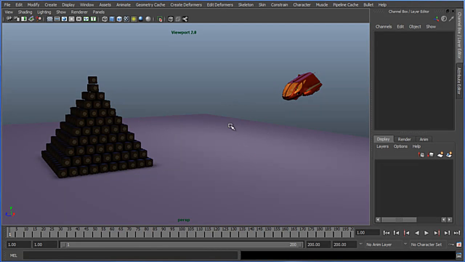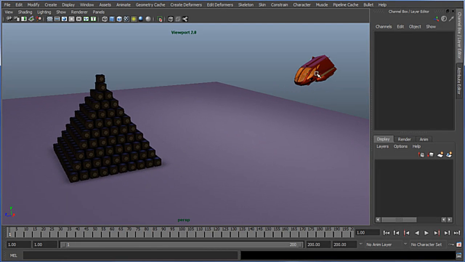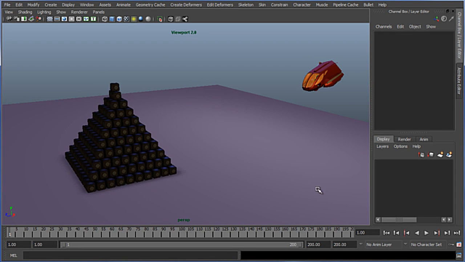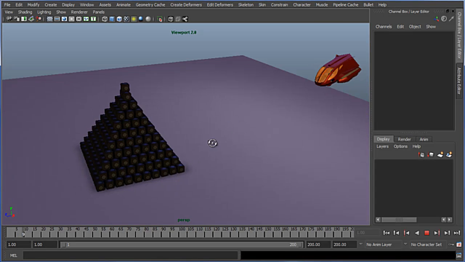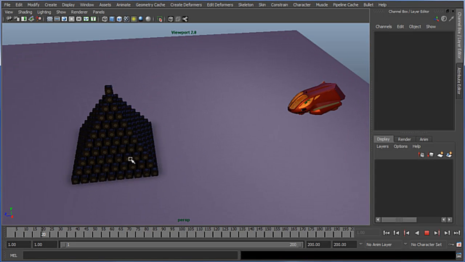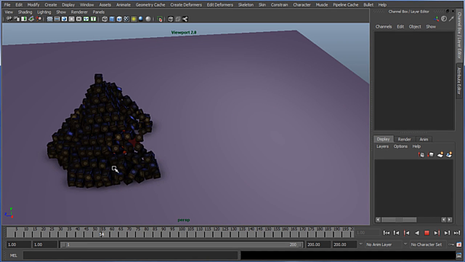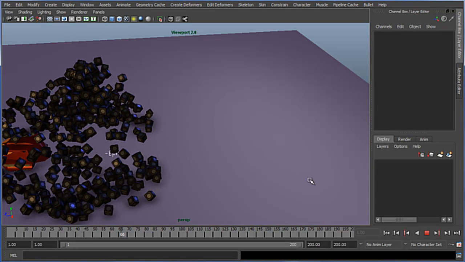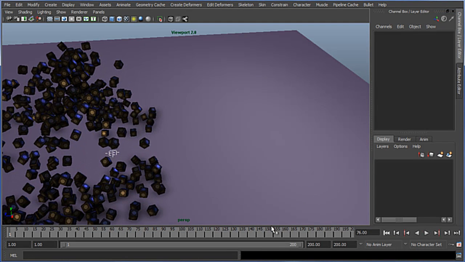Here's another simple Bullet scene that we're going to use to show the editable nature of the animation surrounding some of the dynamics events. In this case we've got our spaceship, and if we hit play you can see that we get some nice playback. We've got several hundred crates here, and as the ship flies into them we get the obvious collision. And the nice thing about Bullet is just due to the speed we can iterate and try